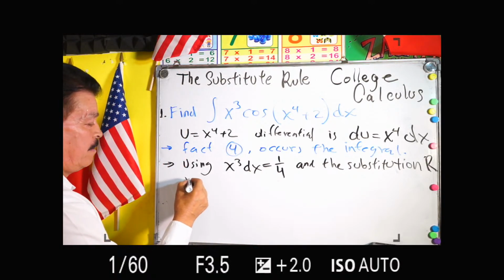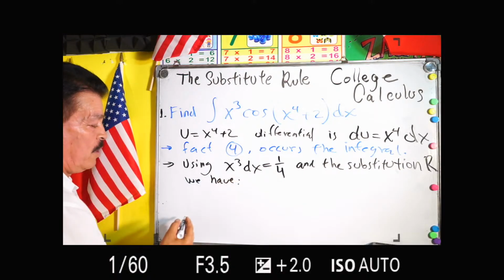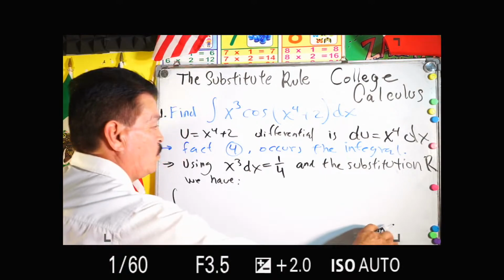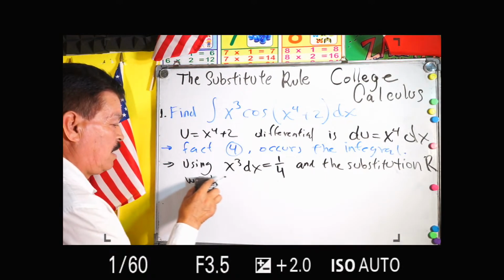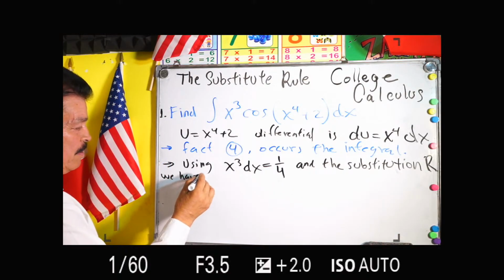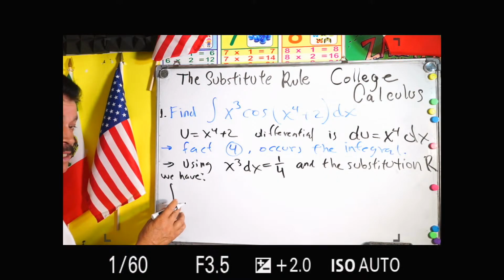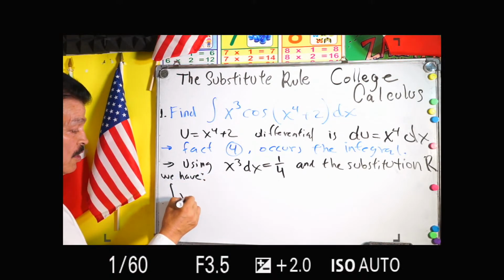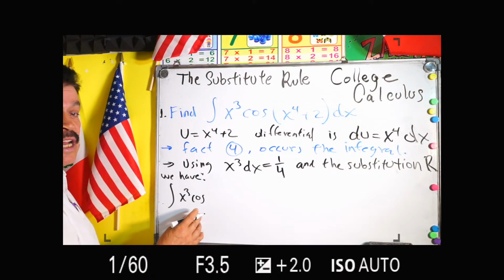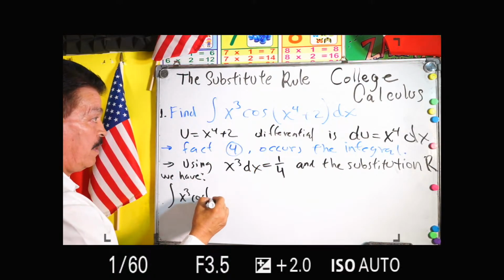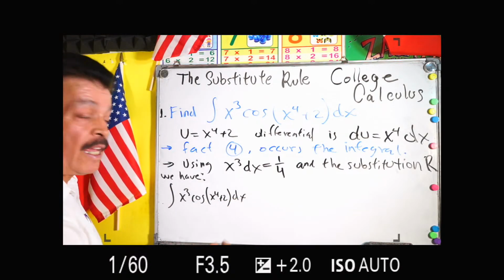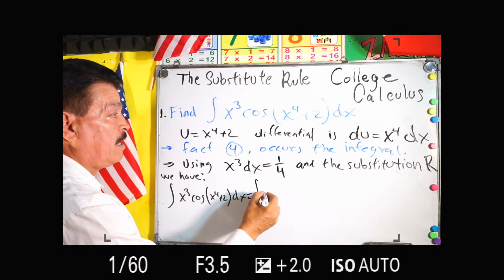Let me try to do everything right here, because I don't want to lose it. So the integral of x to the third power, step by step, cosine of x to the 4th power plus 2 differential x equals